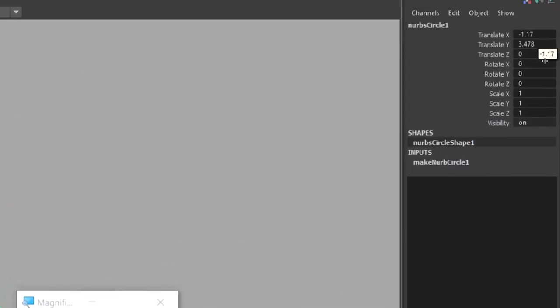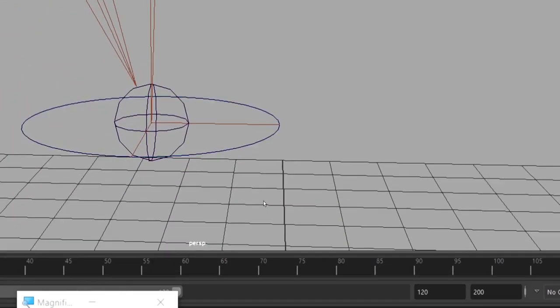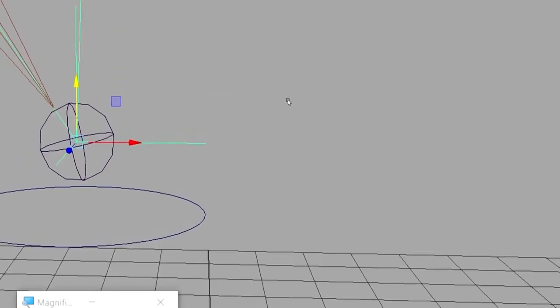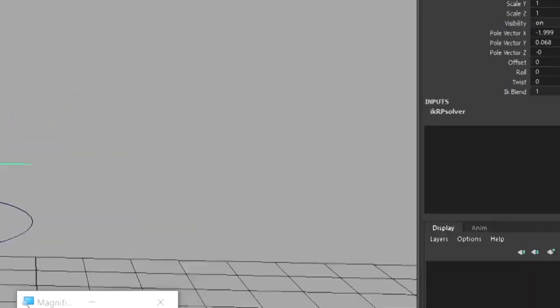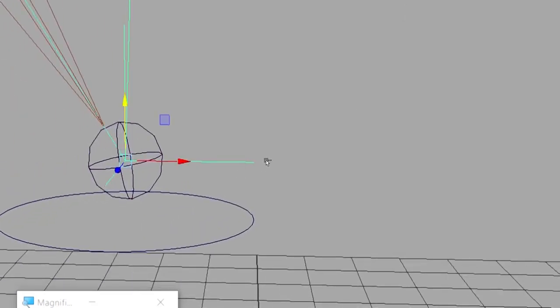So if I give this kind of value, what will happen? If I want to move this to the top, I will move. But when animating, I want to make it back to the 0th position, back to the bind position. What I will do, I will not adjust it manually. I will simply go here and give enter 0. Yeah, I will give 0 and enter. Okay, right, but it is not going to be applicable for IK.